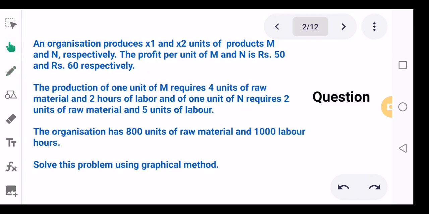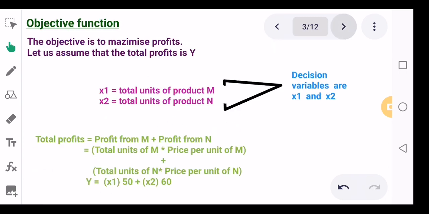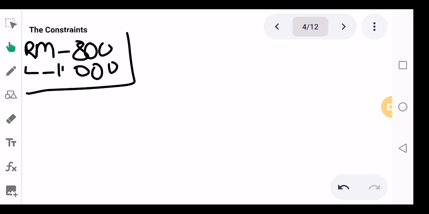The next thing which they're saying is the production of 1 unit of M. To produce 1 unit of M, you require 4 units of raw material. To produce 1 unit of N, you require 2 units of raw material. 4 units of raw material and 2 units of raw material. Okay. So the equation would be